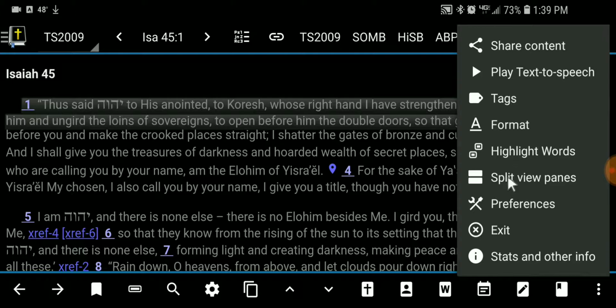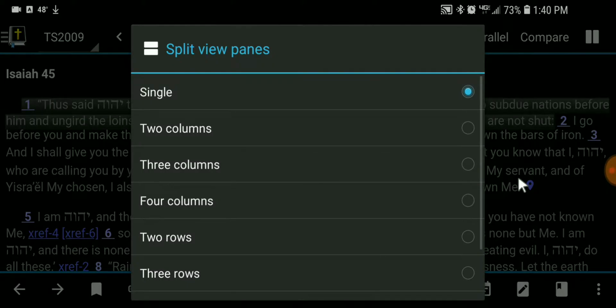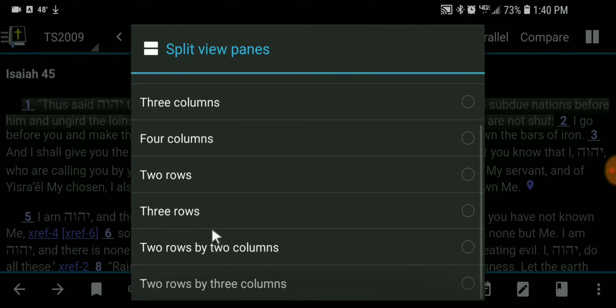Split view panes. This is pretty interesting, and this is something that you can only get if you have one of the paid versions. And to be honest with you, unless you're going to put this on a tablet or, like I suggested before, put this on a computer screen, this is not going to be very beneficial to you. But for this video, I'll go ahead and show you what it is. Say you want to, let's see, we can do,